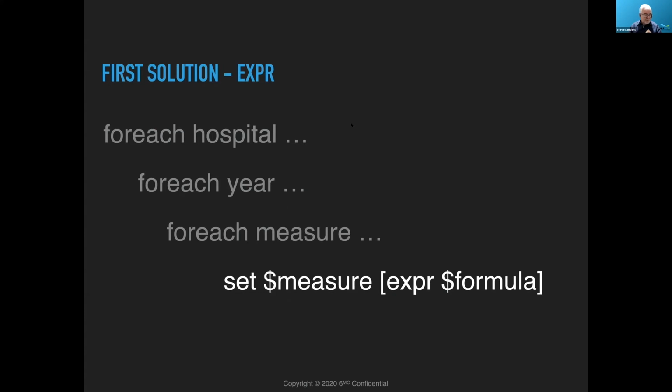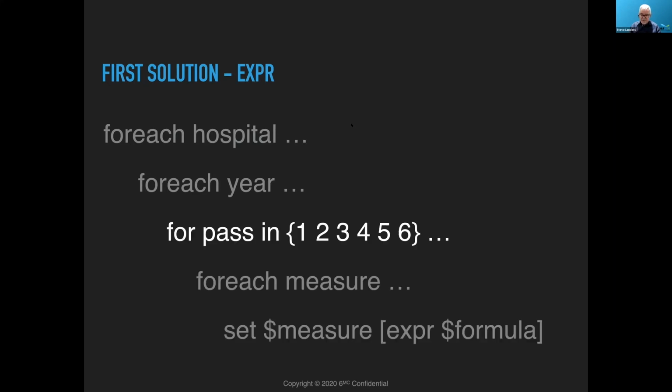The first solution to do these scoring calculations was to use the Tcl expr command. So in pseudocode, for each hospital, for each year, for each measure, basically set the value of the measure to be the evaluation of the formula as stored in the database. So for each year, load the starting measures from the SQLite database, perform the calculation, save them back in. But it's not quite that simple, because